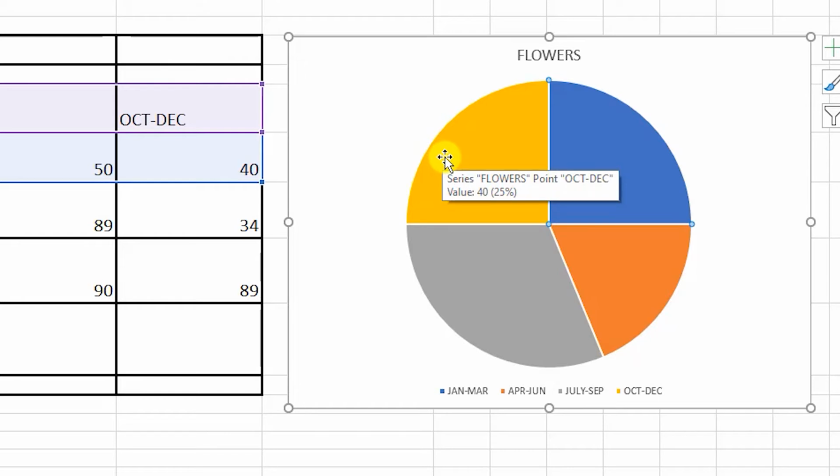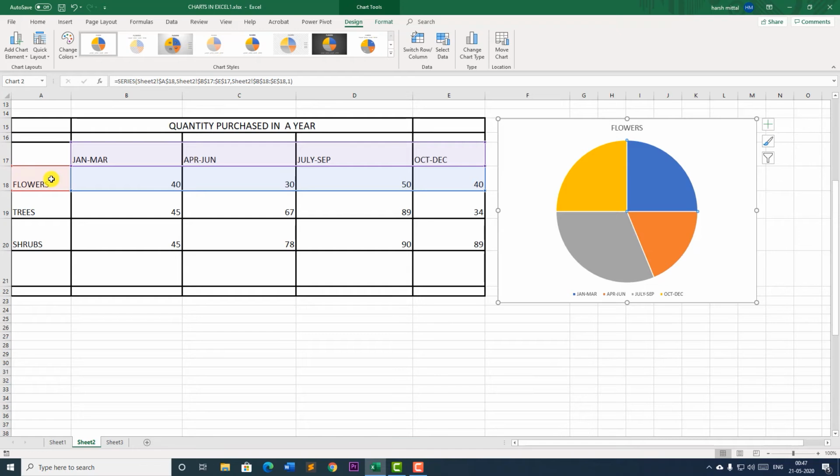For the purpose of analysis, a pie chart is made because it tells us the data in terms of percentages. And the pie chart is always representing one particular series. Like we have talked of flowers only, one particular category. So if we have to talk about one particular series only, then we make use of a pie chart. Otherwise it gets very confusing.